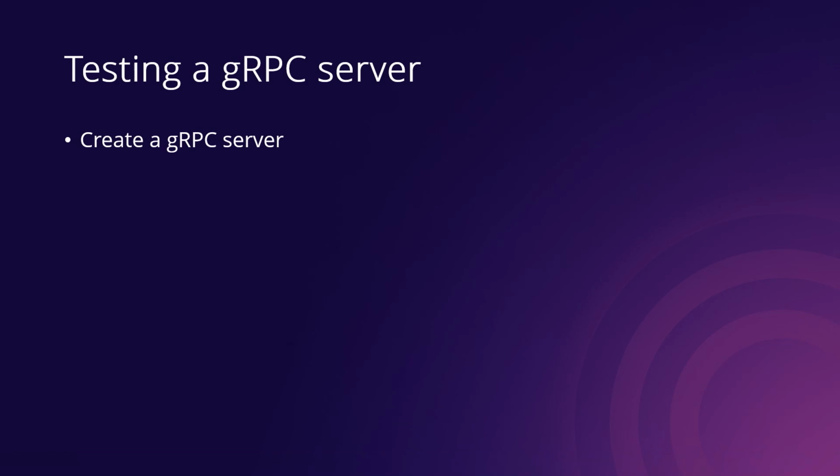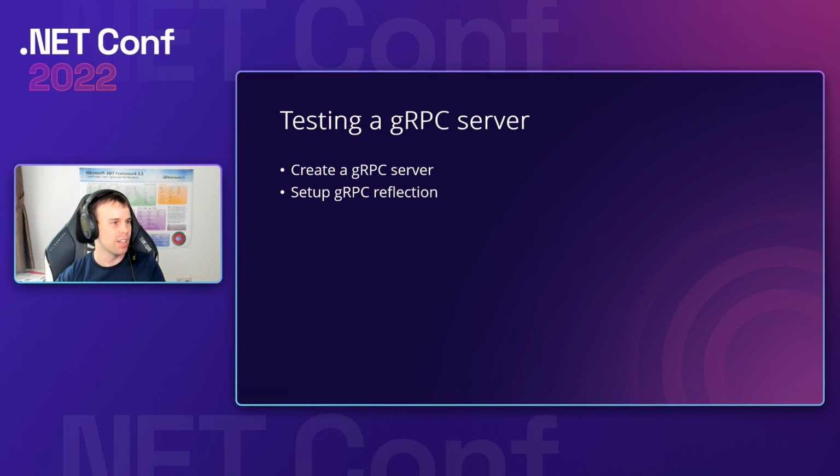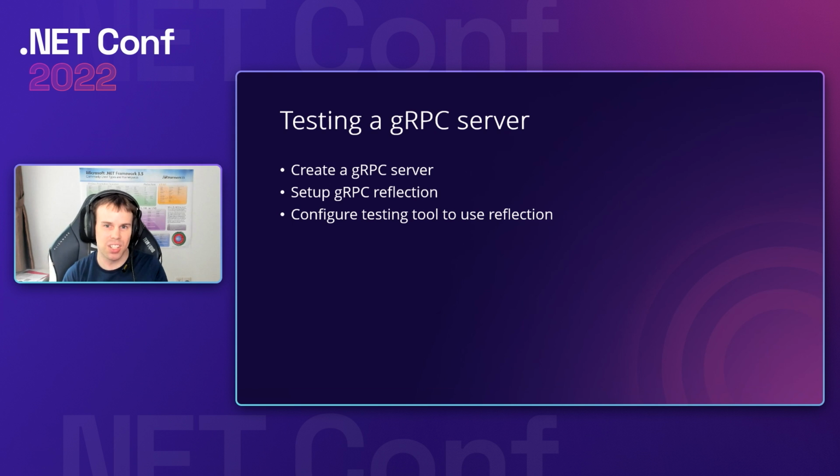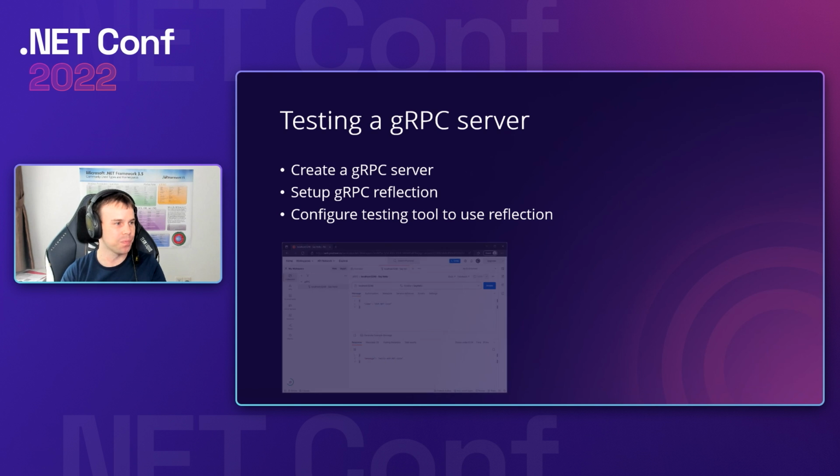So a quick overview of what we just did. We created a server. We set up server reflection, only took a couple of seconds. And then we configured our testing tool to use that reflection. Usually this is just as simple as entering that address. The endpoint for server reflection is known, so tooling will just go off and check to see if it's available,